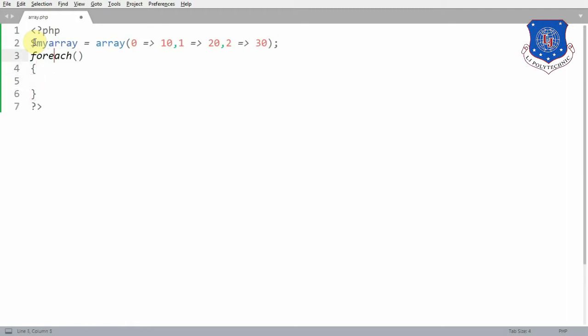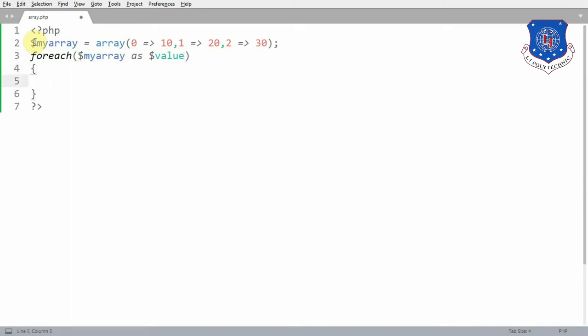In the foreach loop, first of all we have to give the name of the array which we want to access. So the name of our array is myarray. Then you have to write the keyword as, and then you have to write the name of any variable.